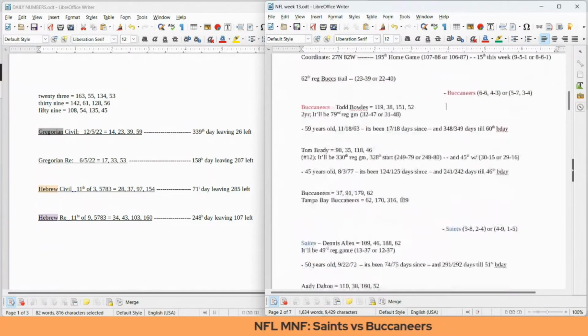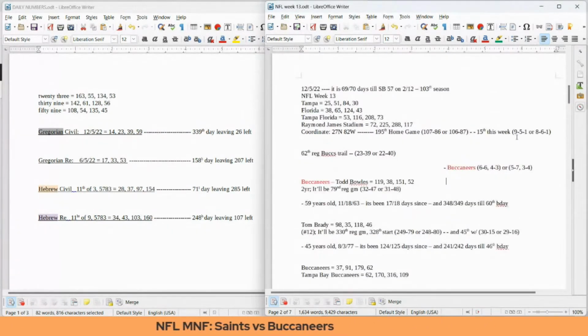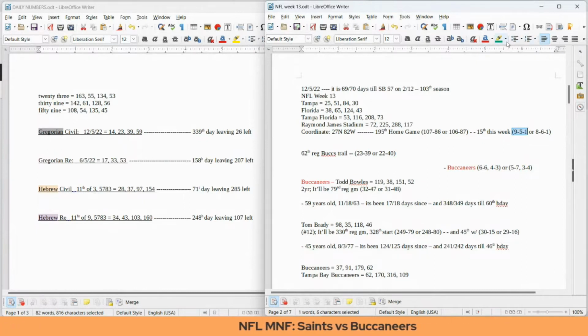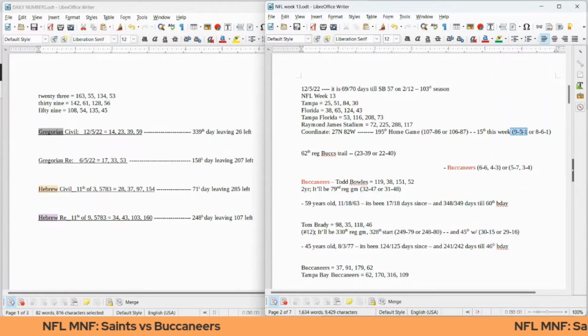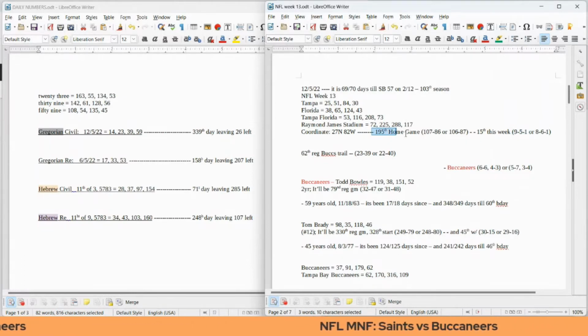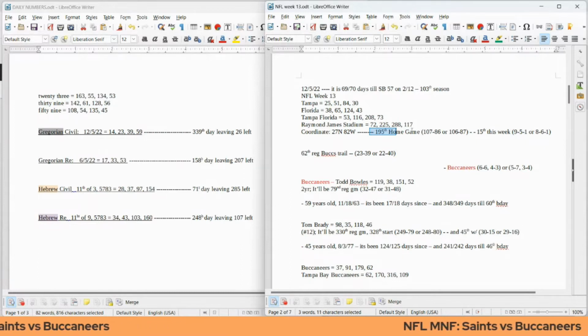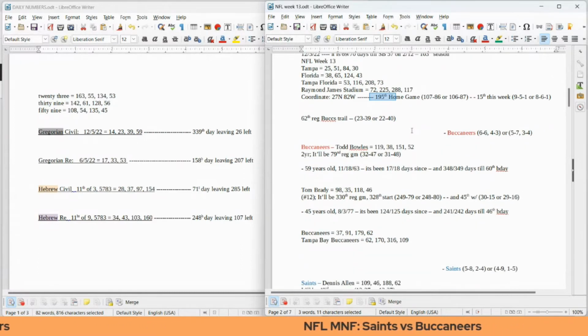If we're going to start with the home teams, let's just start with what we already just plugged in. Home teams for the week: if the Buccaneers win this game, home teams for the week would become 9-5-1. I was going to mark it, but I'll wait. This being the 195th NFL game for the season, home teams for the week can become 9-5-1, and the 195th game for the overall season. That would favor the Buccaneers at home.